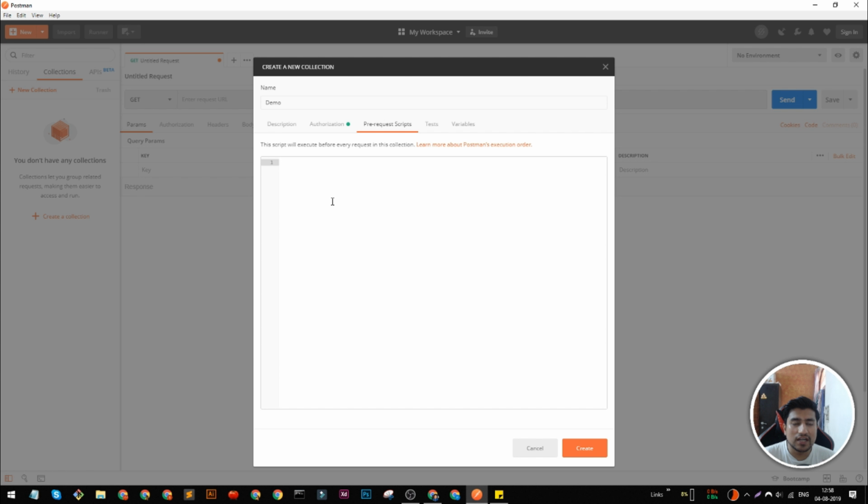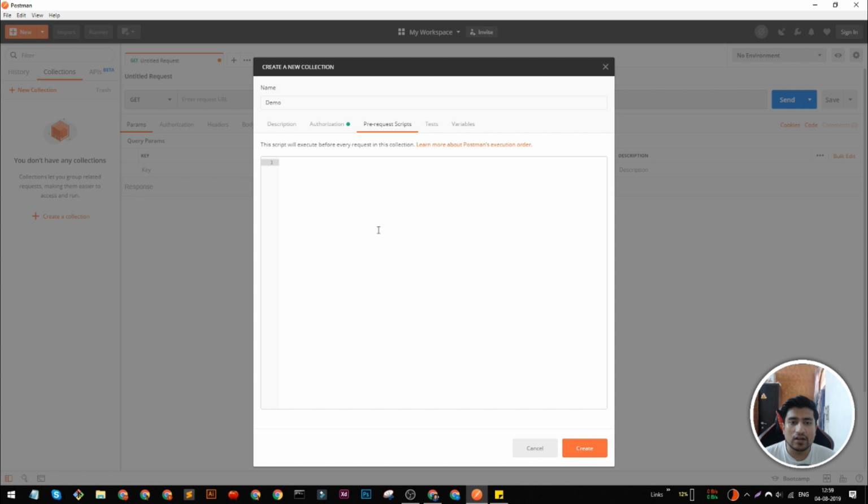Collections are basically a flow of requests. The simplest example I can give you is that a user can create a profile, and after creating a profile, the user can perform different requests. So there will be multiple requests. We can do a create account, where after creating an account we get the user ID, then make a request to certain things, right? So there will be 3 or 4 requests. What we can do is put all these requests into a collection, and before running this collection, you can run these pre-scripts.